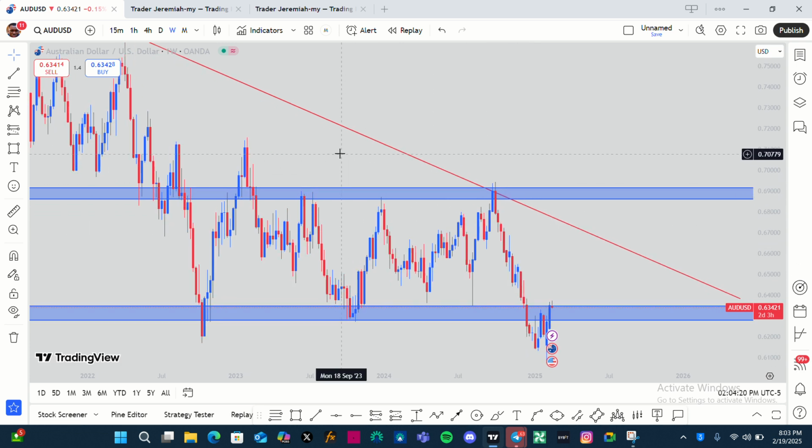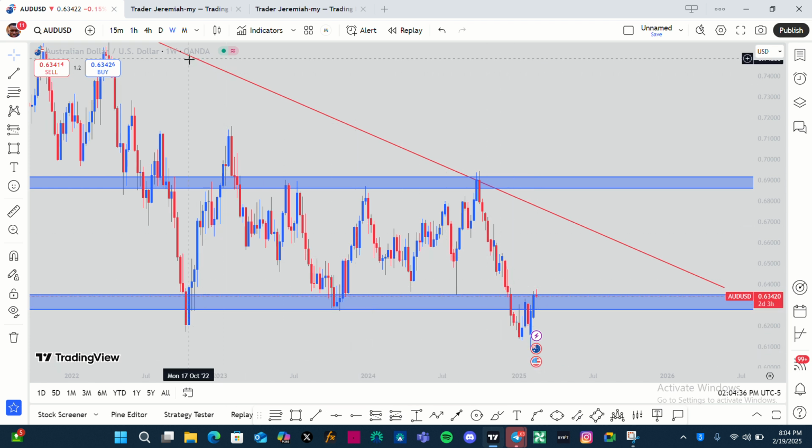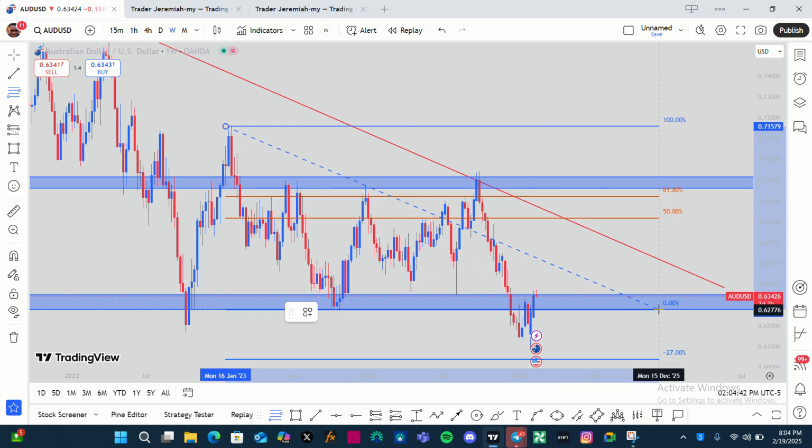So price was creating a lower high, lower low, a low. It was not lower than the previous low, but it's still a low. And then price came back up. So I was expecting price to create another lower high before heading lower and creating a lower low. So then I draw out my retracement to know if the retracement is over. And as you can see